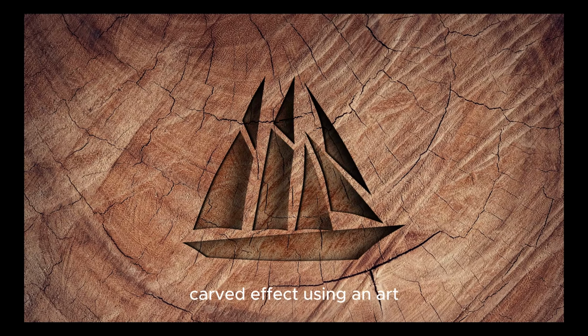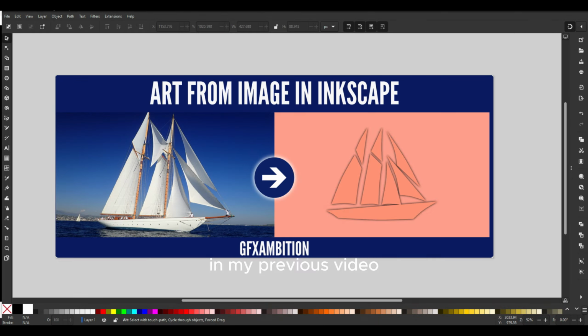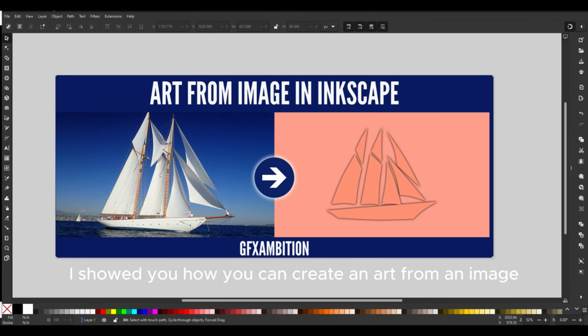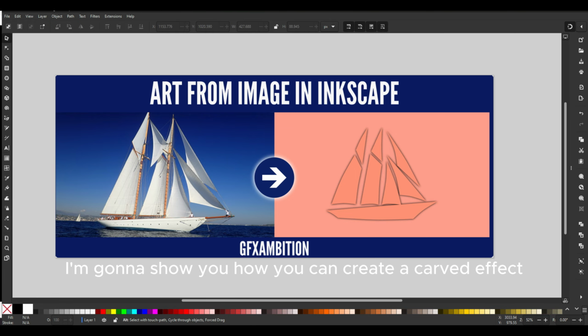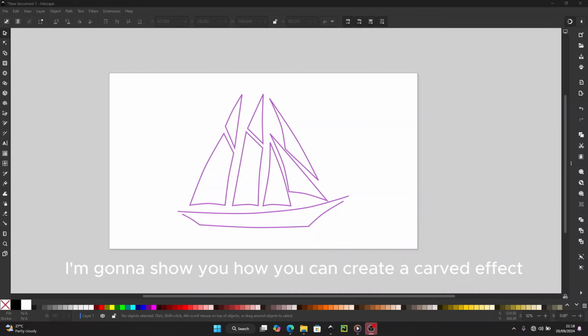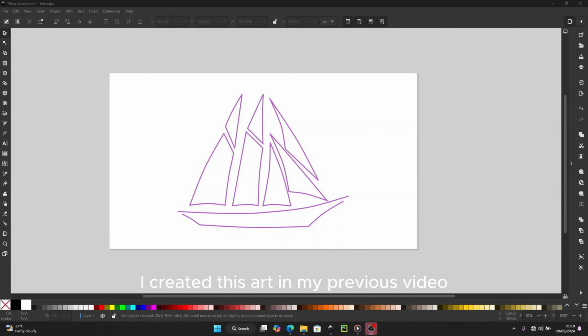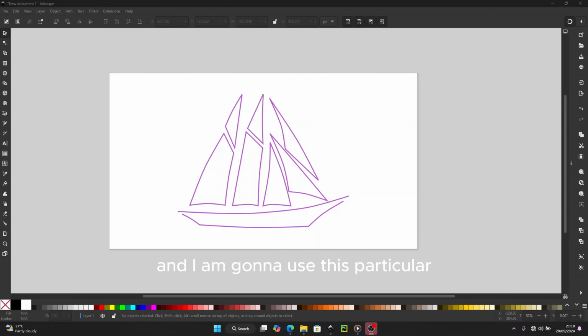In this video, I'm going to show you how you can create a carved effect using an art. In my previous video, I showed you how you can create an art from an image. And today, I'm going to show you how you can create a carved effect using an art. So I created this art in my previous video, and I am going to use this particular art to create